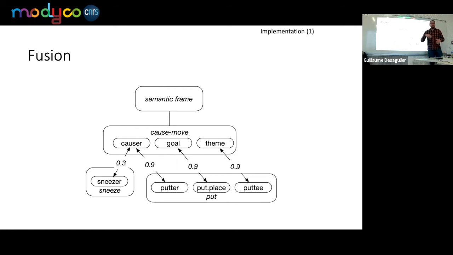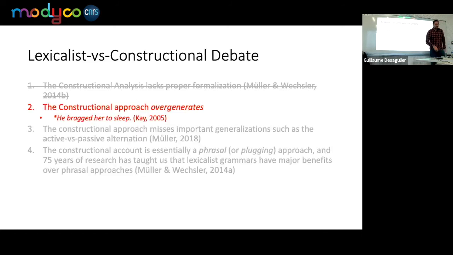If we have time, I can show some examples in real time how that works. Let's say that it lacks proper formalization. That's a solved problem. We know how to implement construction grammars. It took us some time, but by 2012 we had a very stable formalism, and in between 2012 and now, the last 10 years, we have built construction grammars that are broad coverage,